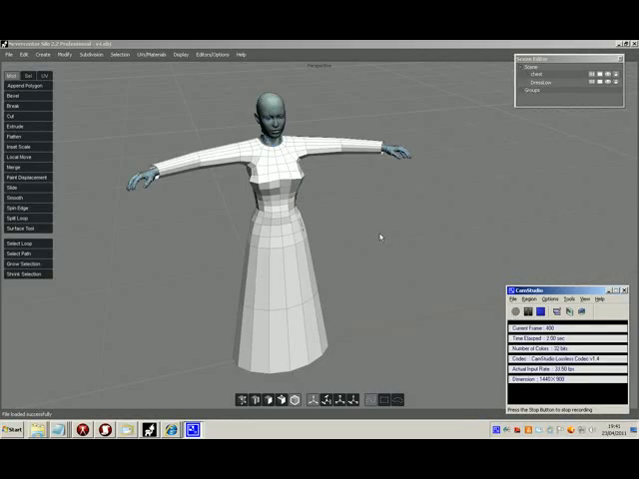Okay, welcome to the second video in the series. All we'll do here is reshape the dress, take some geometry away, and then we'll have something we can move